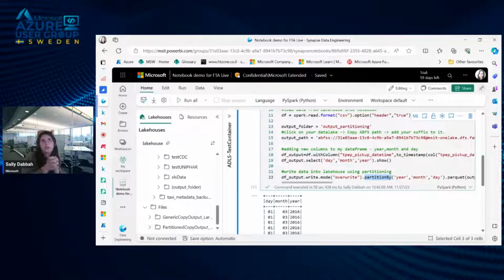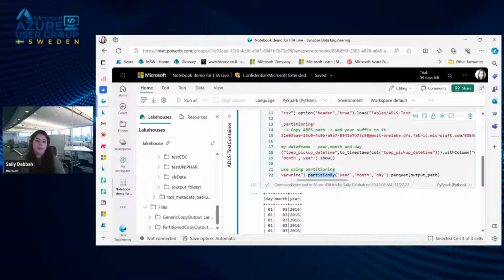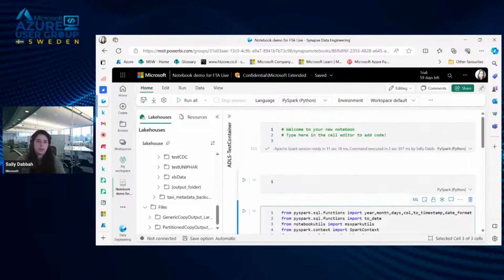So mainly we are reducing the amount of data that we need to scan. So partitioning is super important, especially if you have large data sets, if you are talking about terabytes or a few hundred gigabytes. So basically this is how partitioning is done.